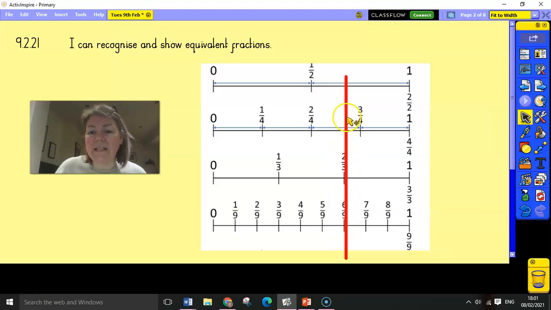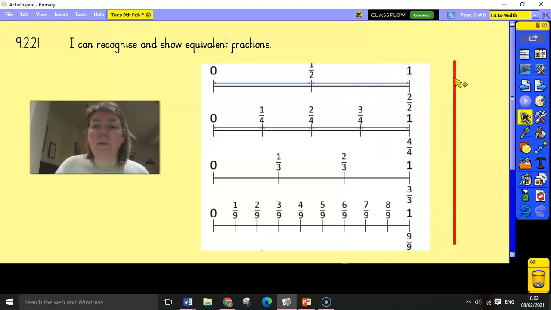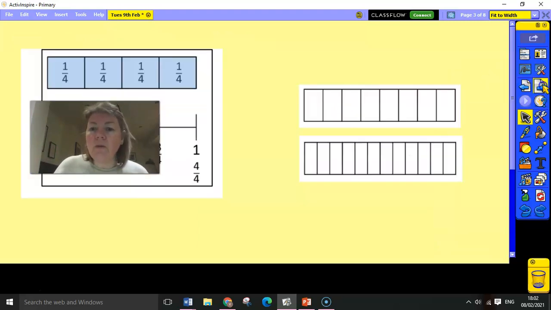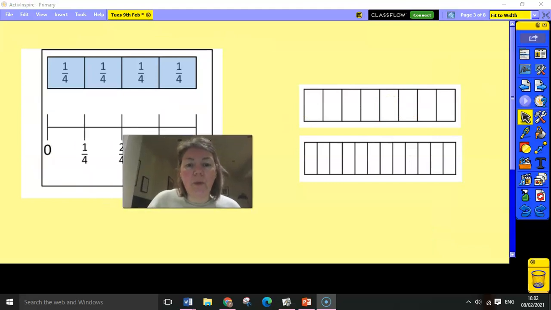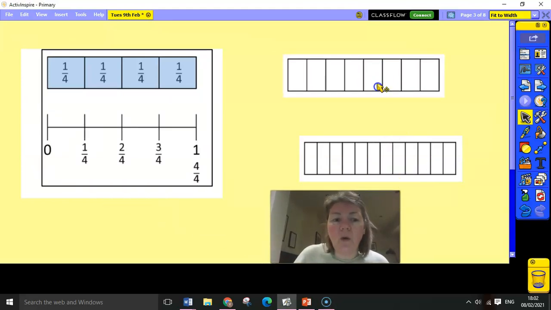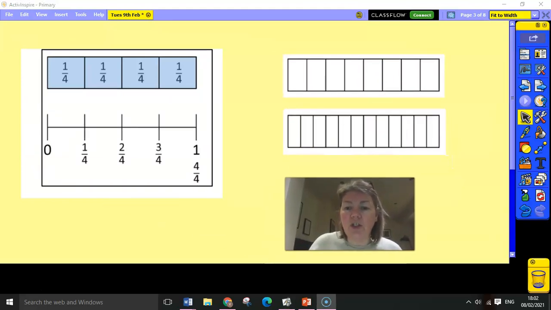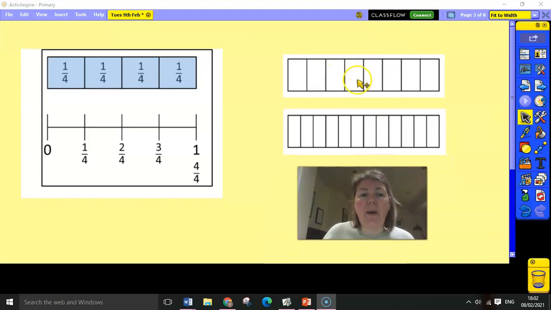2/3 is less than 3/4 because our 3/4 line is here, and 2/3 is greater than a half. So we can also use our fraction line and our fraction wall to compare fractions and order them like we were doing last week. So just moving on then, we can show it in a different way. So we've got the number line and we could show it like that, but we could also show it as